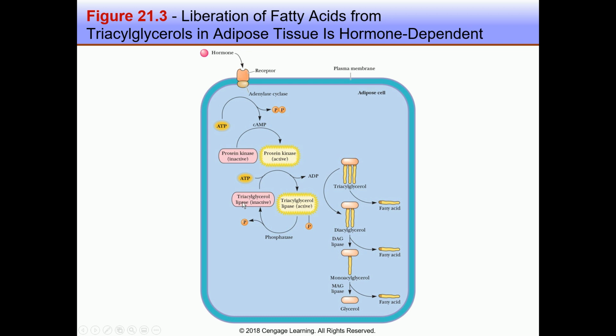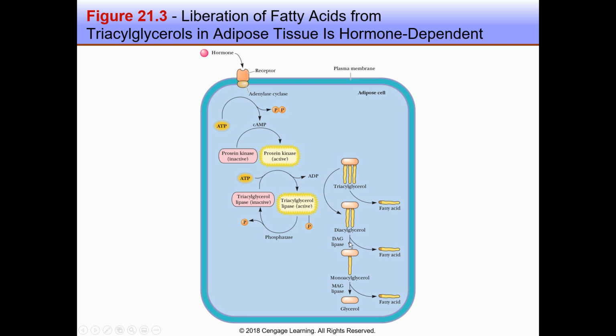and that protein kinase, when it gets activated, can activate triacyl glycerol lipase. This is another enzyme. So these are like a cascade of reactions where this enzyme gets activated, then there's a production of cyclic AMP. Cyclic AMP is a secondary messenger basically, and it activates another kinase. Then the kinase is going to activate this lipase, which is a triacyl glycerol lipase. This enzyme can help in removing one of the fatty acids from the triacyl glycerol, and then